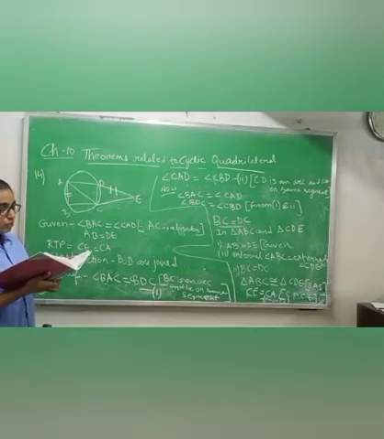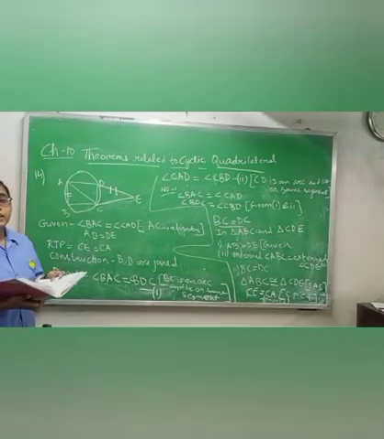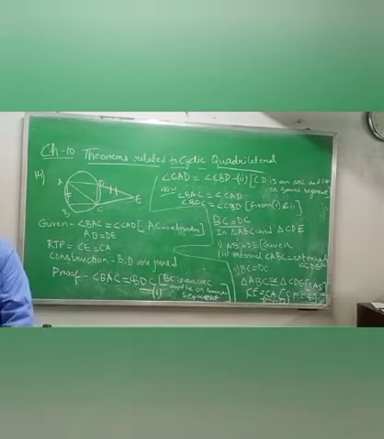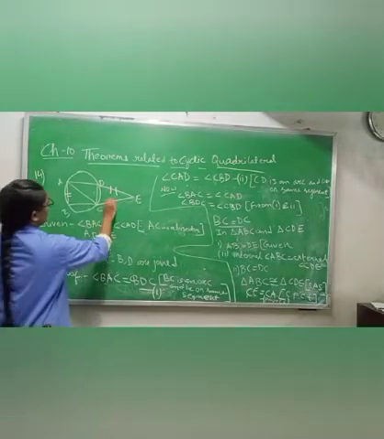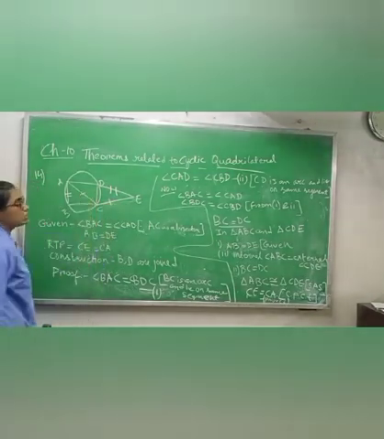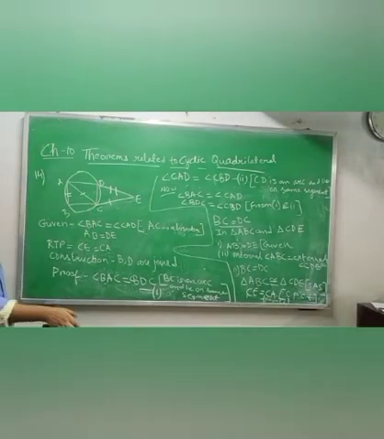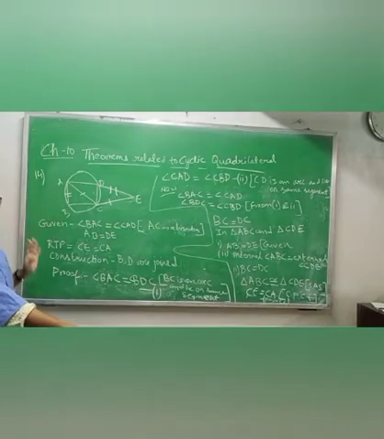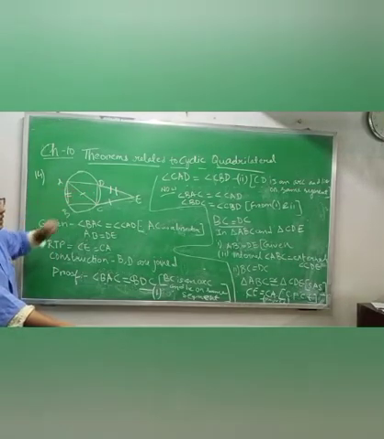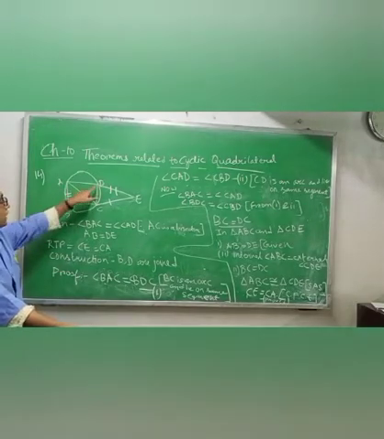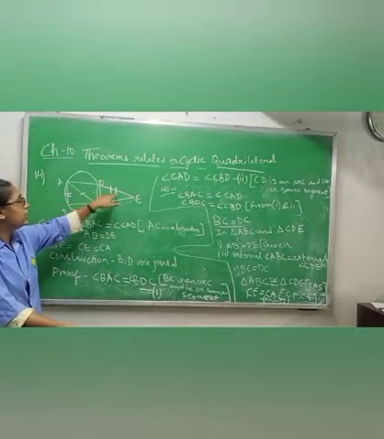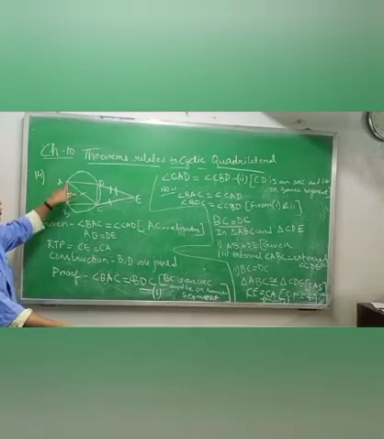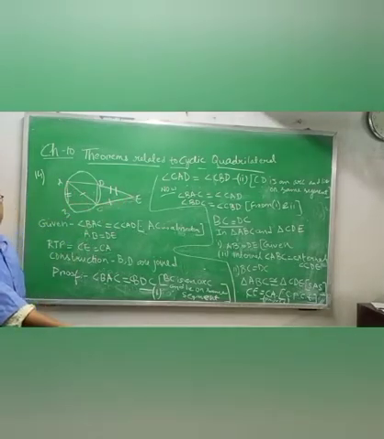Now they are saying to prove, let us prove that CE is equal to CA. Means which two? CE, this one is equal to this one. Again I am repeating the question: ABCD is a cyclic quadrilateral and AC is bisecting angle BAD, and when we are extending AD to E, then DE is equal to AB. We have to prove AC is equal to CD.